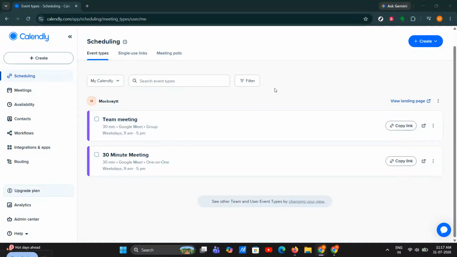If you want to create a Calendly link quickly and share it with people so they can book time with you, this guide will walk you through the full process step by step. By the end, you'll know exactly how to make your scheduling link, customize your event, and copy it so you